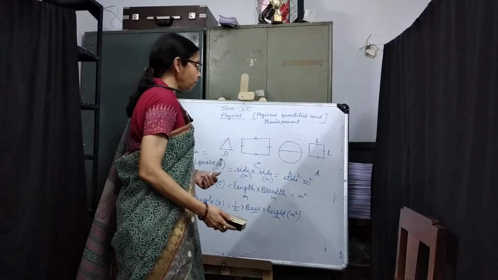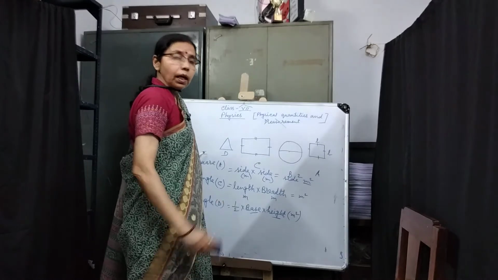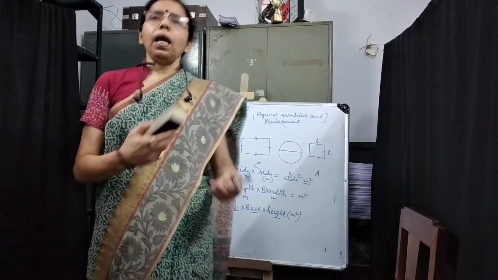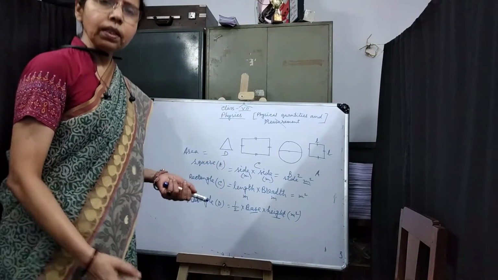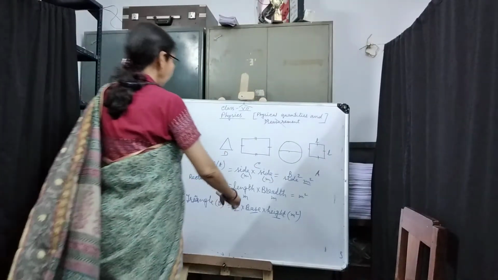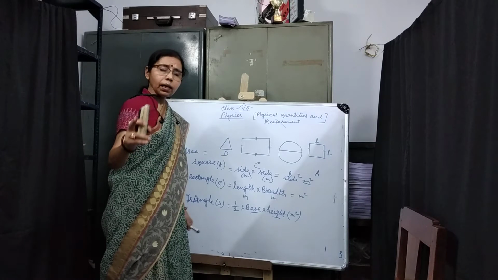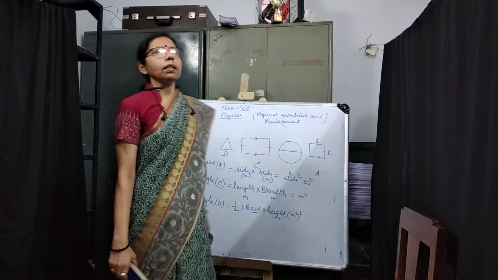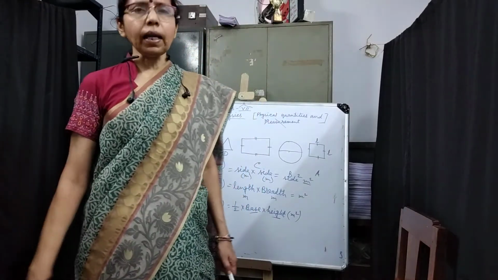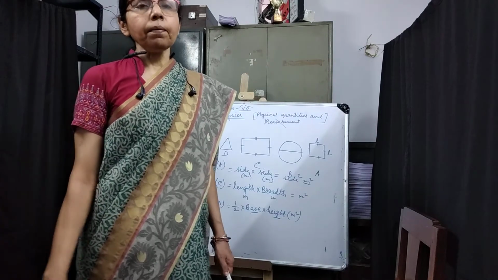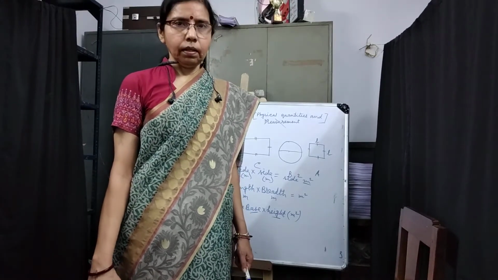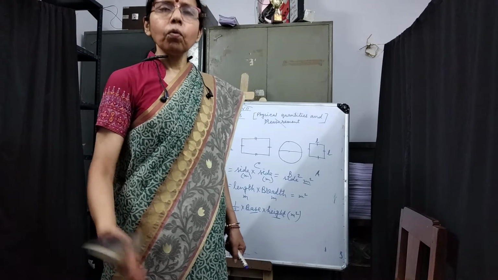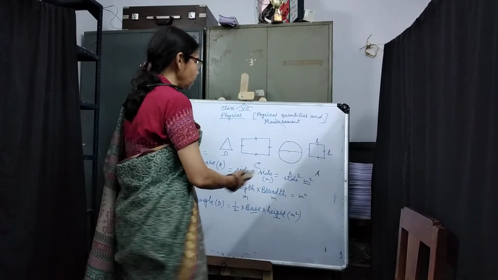So these are the different areas, how we can find them out. Suppose you are given the length of a field and the breadth of the field. What is the area of that field? We can find it out from the length and breadth if it is a rectangular field, because obviously they are different. If it is mentioned that it is a square field whose side is, suppose, 500 meters, then we need only one side and we can find out